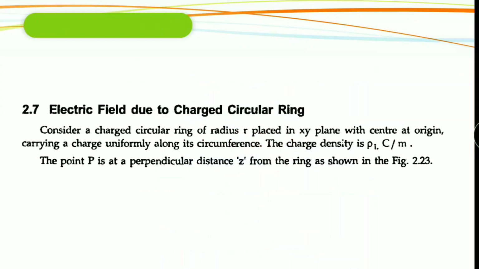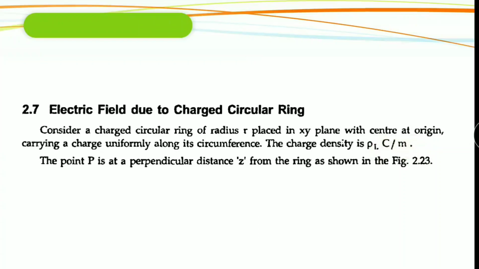So, let us consider a charged circular ring of radius r placed in the xy plane, having the origin at the center of the circular ring, and it carries a charge uniformly throughout the ring. Now the charge density in this case is taken as rho L. Rho L means linear charge density. Now, due to the circular charge,